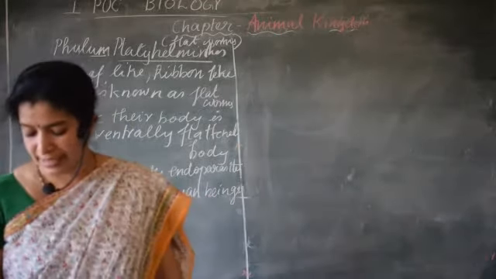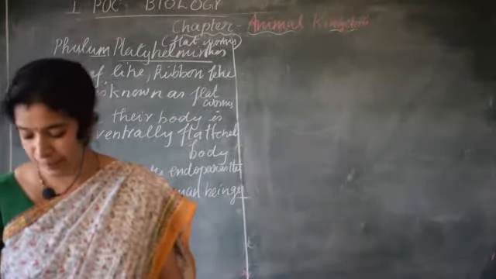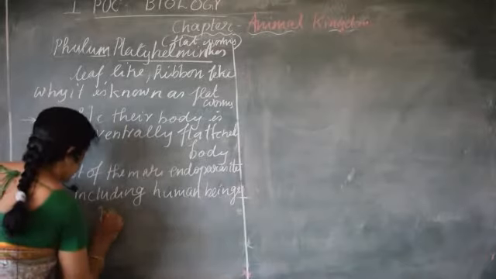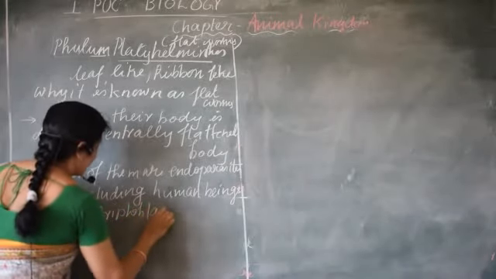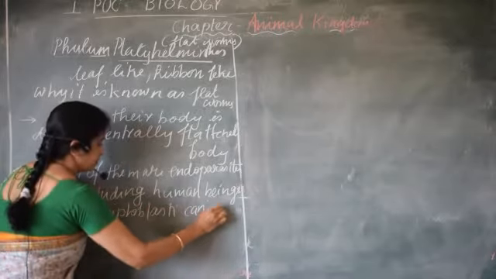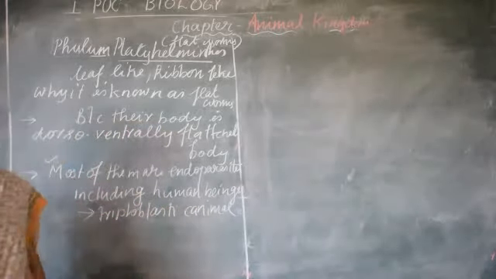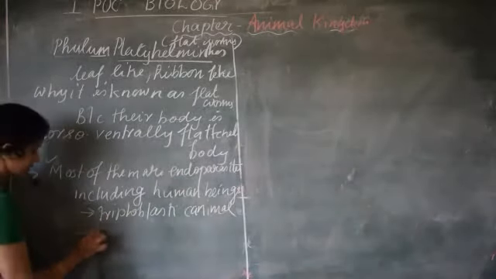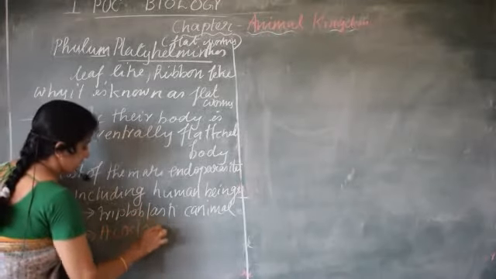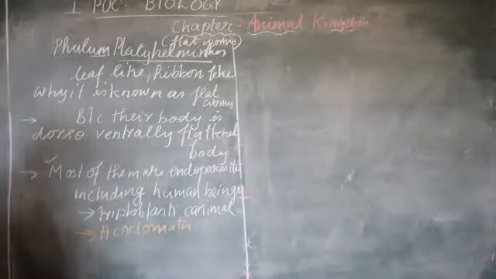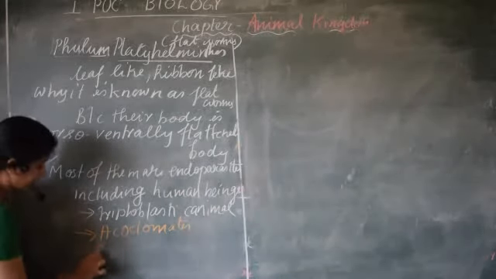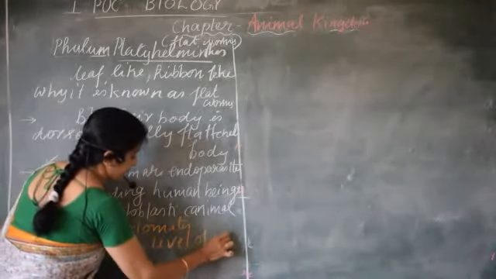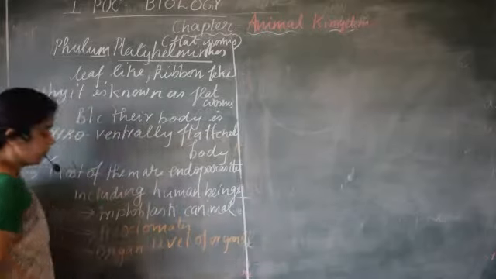Then let us understand more characteristic features of this phylum. What are the other features? They are triploblastic animals. Then what are the bases of classification we have used? Those criteria you can list out and write. Do they have coelom? No, so they are acoelomates. Which level of organization do they have? Do they have organ systems? No, they have only organs. So they exhibit the organ level of organization.